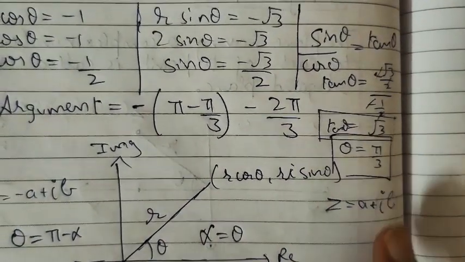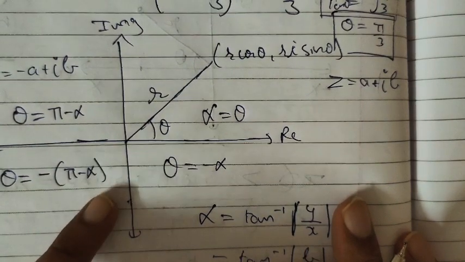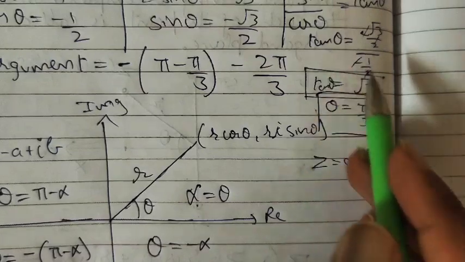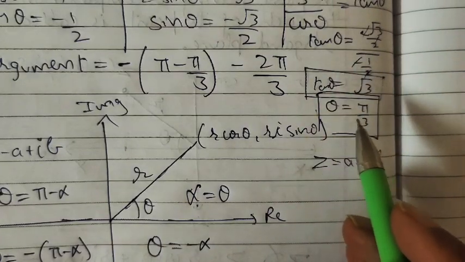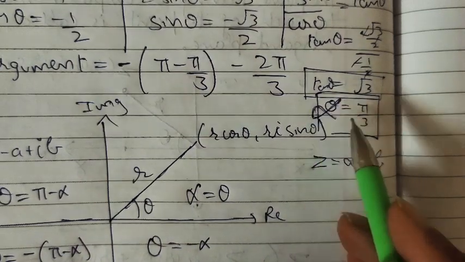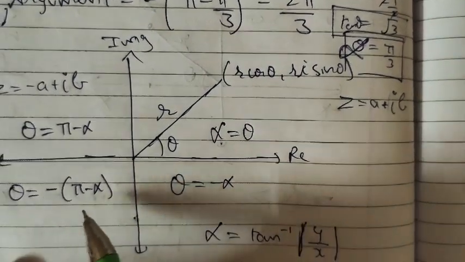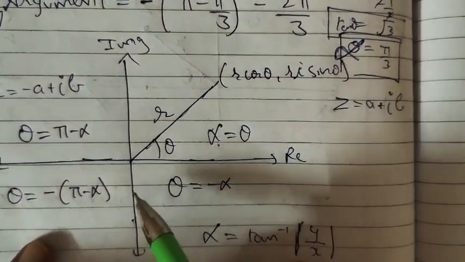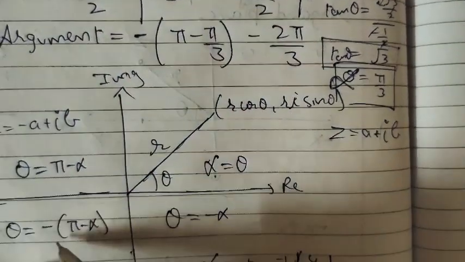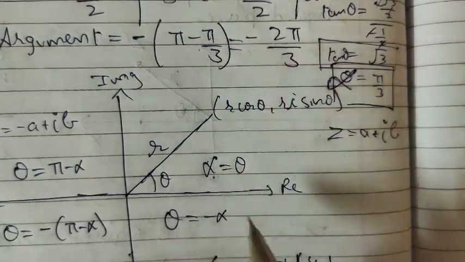Now theta is in the third quadrant, so in the third quadrant we know theta is equal to minus pi plus alpha. You can take the angle you are determining as alpha for the time being, because we don't know in which quadrant it is. So in raw form it is called alpha, and you can consider it alpha to remove this confusion. So theta will be equal to minus pi plus alpha in the third quadrant. As both are negative, theta is in the third quadrant. So minus pi plus alpha is minus 2 pi by 3.